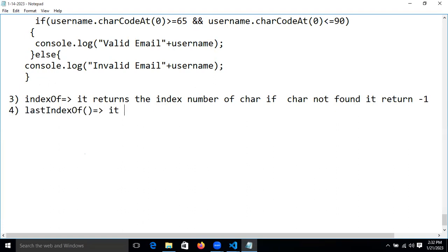So what is the use of it? It returns the last occurrence index number of the char. Okay, so